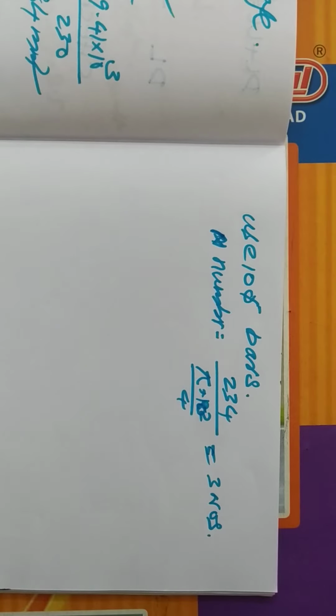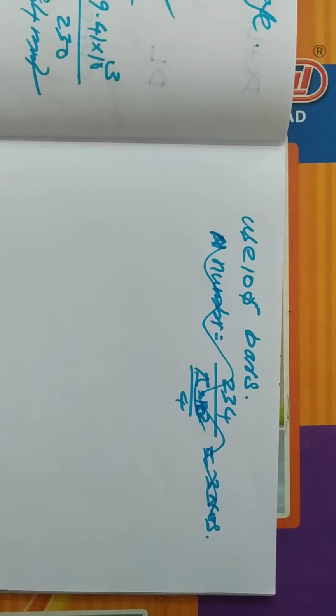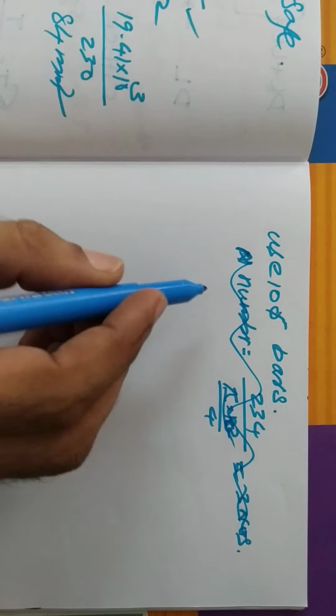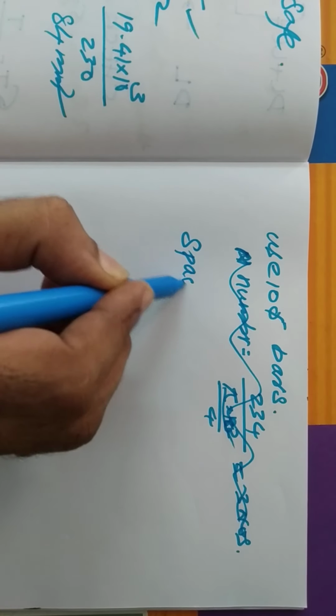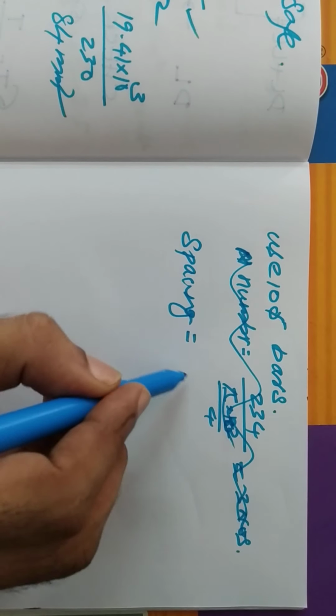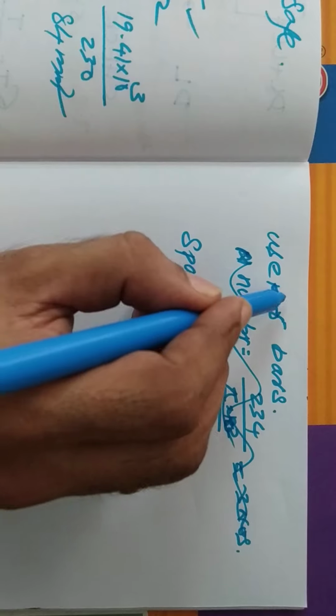No, made a mistake. This is area of steel, not for ring beams, right? This is area of steel, 10 dia bars. Okay, so spacing is equal to pi into, let us use, instead of 10, let us use 8